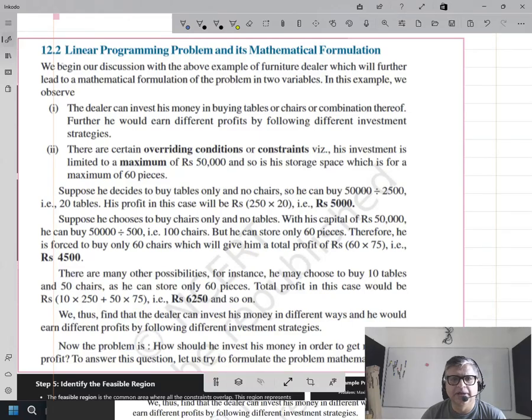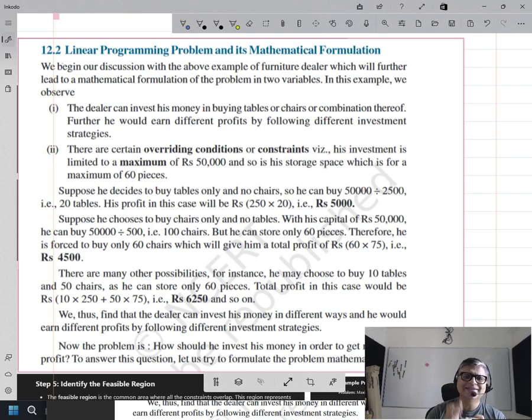For those students who find the topic of linear programming to be slightly complicated, it is in fact a very simple topic, and what I will do today is tell you step by step how to solve these problems. Okay, and before we solve this problem, let us see an example.